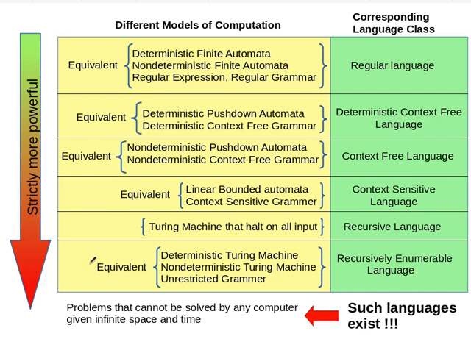And as I mentioned before, this is the most powerful computer that you can have, the Turing machine, right? And here the deterministic and non-deterministic models are equivalent. And we have the corresponding language class, recursively enumerable languages. This is the set of languages which can be solved using a Turing machine.